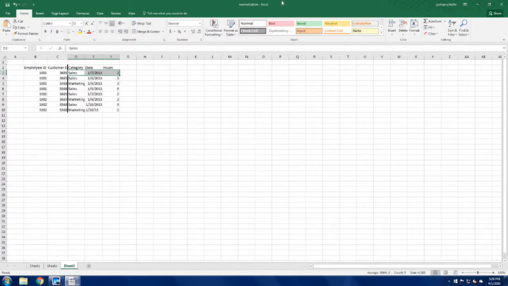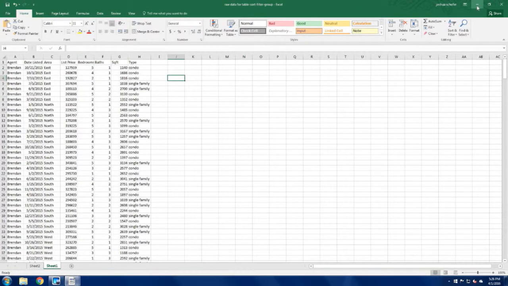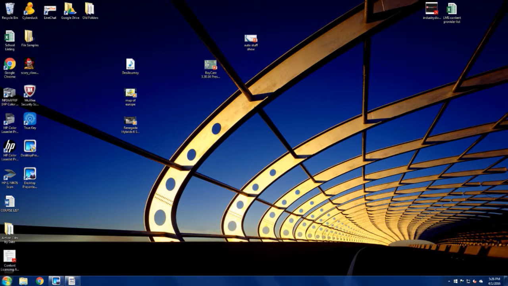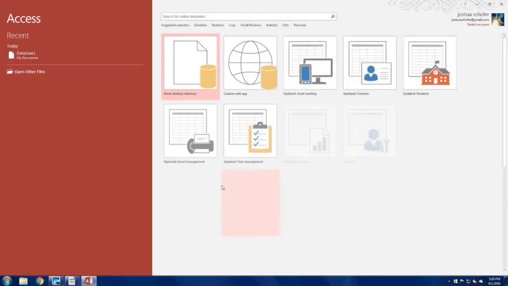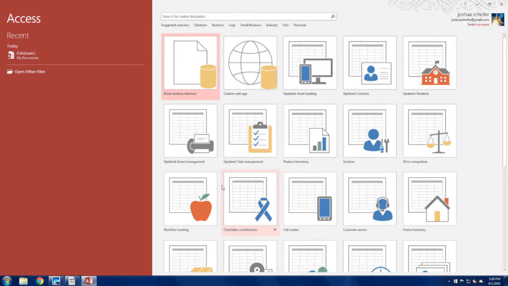So, okay, hopefully you've gotten an idea of what we're going to do. Now let's go ahead and take a look at Access. I'm going to go ahead and launch Microsoft Access for us. And we're going to do something a little bit different than some of the other Office classes. In the other Office classes, we started by going to a blank document and discussing the interface. In this case, I don't want to do that because we're going to be building a lot of the interface